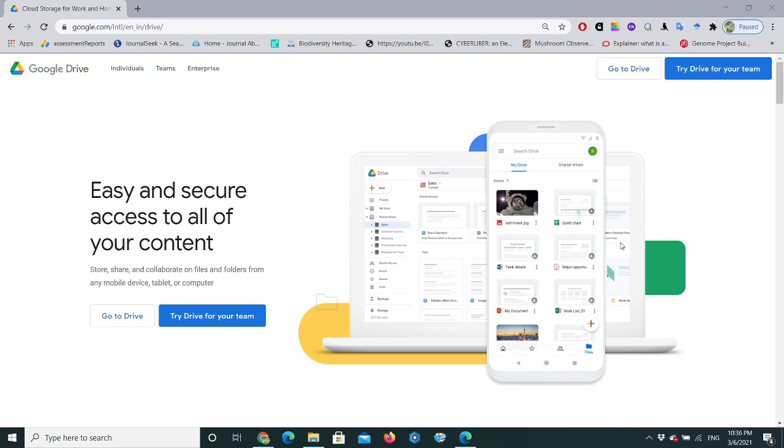First of all, I would like to introduce Google Drive briefly. Google Drive was developed by Google and it is a cloud storage server. You can store files on this server. It also allows you to synchronize your files across devices, share files with other people, and share these files across multiple devices. Another best feature of Google Drive is that it provides you 15 GB of space for free, and if you need more space you can buy it.